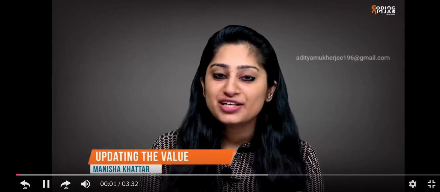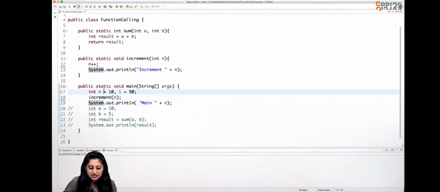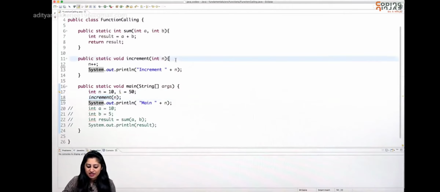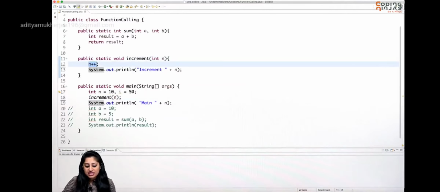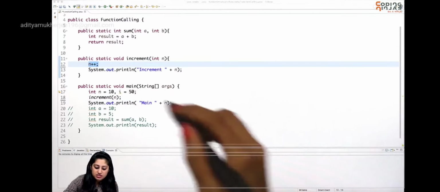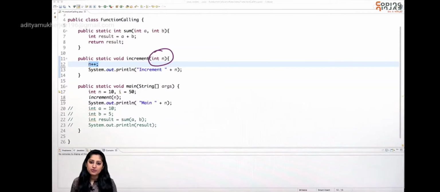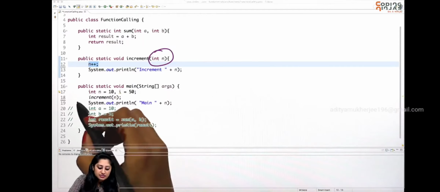We have seen pass by value in the previous session, right? So pass by value simply means that when a caller is calling a callee, it will pass the value. For example, we discussed it with the help of an increment example. So when n is passed here and we do this n plus plus, this n plus plus will increase the local copy of n that this increment function has,